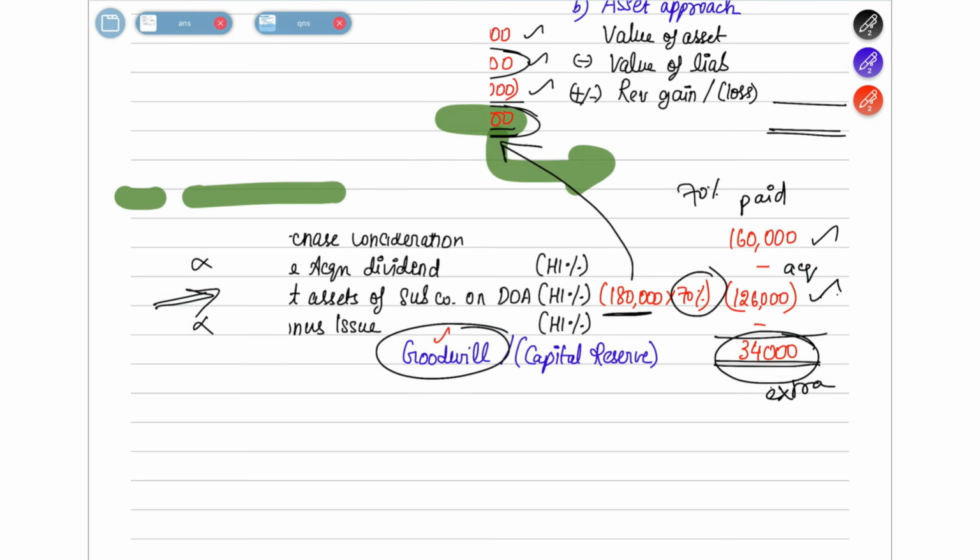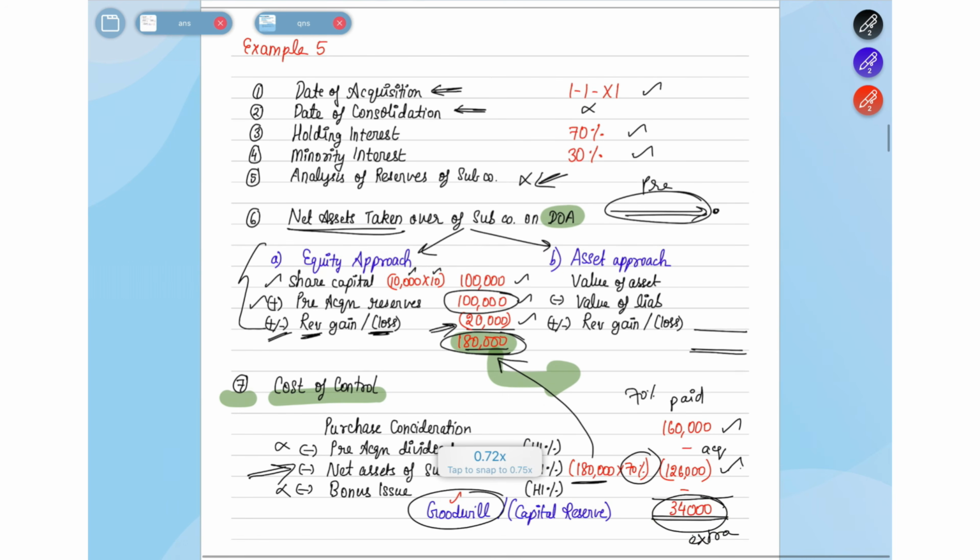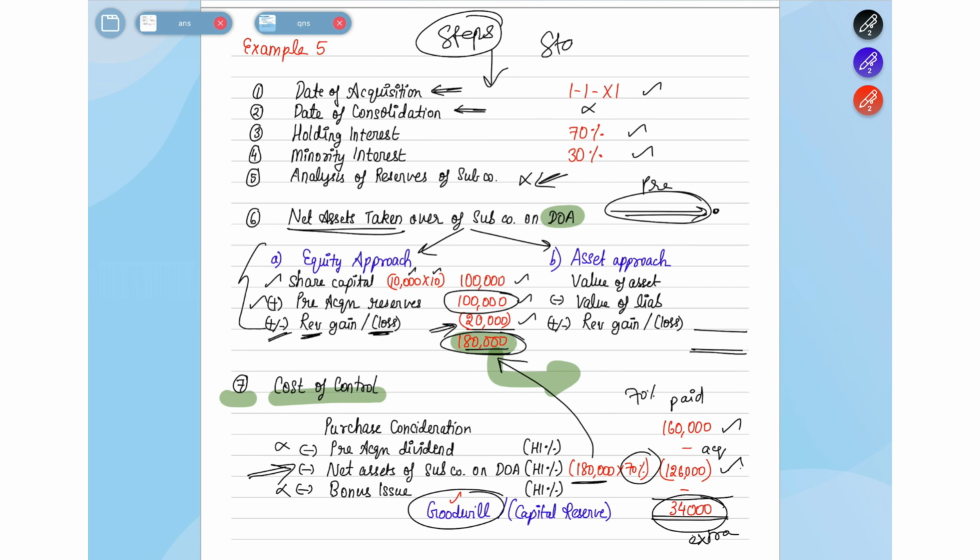So what I have done is I have prepared this answer sheet, or what you call an answer key. And as per the steps that we have discussed in our concept video, I have applied all those steps to arrive at the answer. So there is a proper standardized version of how you arrive at the answer, and you don't have any kind of confusion.